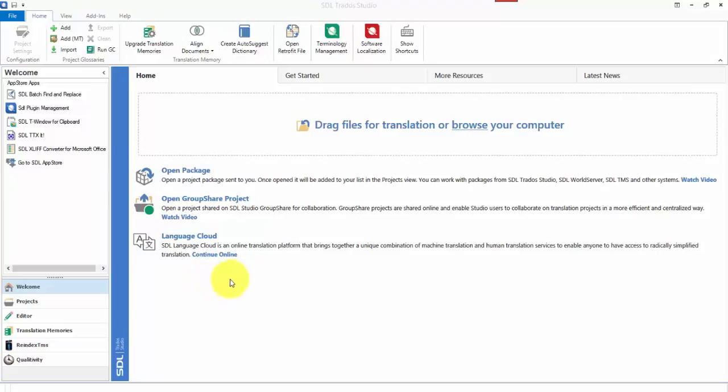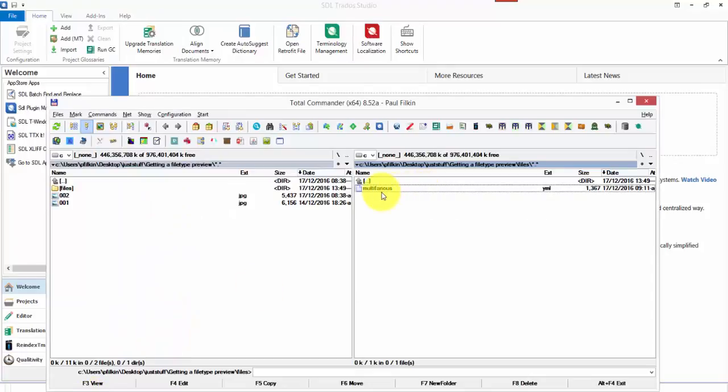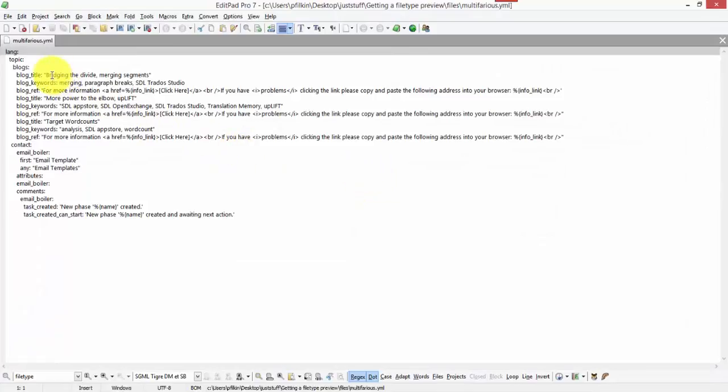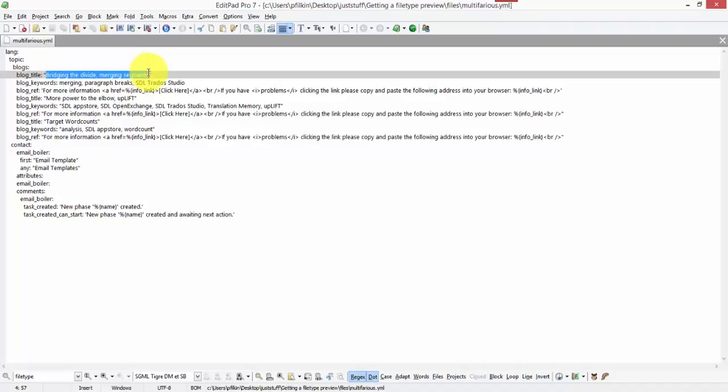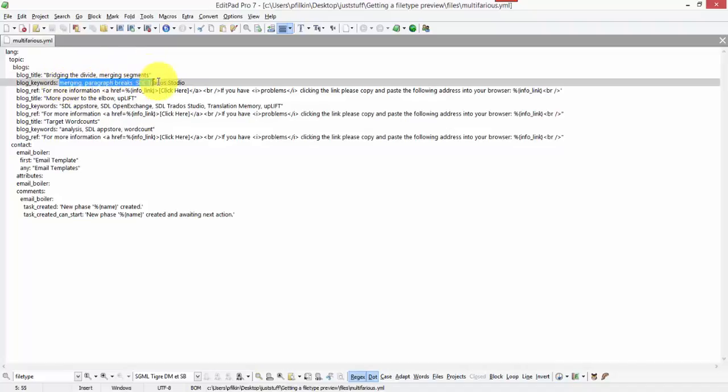So let's take a look at this YAML file. I've got my Studio 2017 open here. I'll start off by opening up the YAML file so we can see what it looks like. And you can see that basically what I want to try and do is pull out the translatable text that's